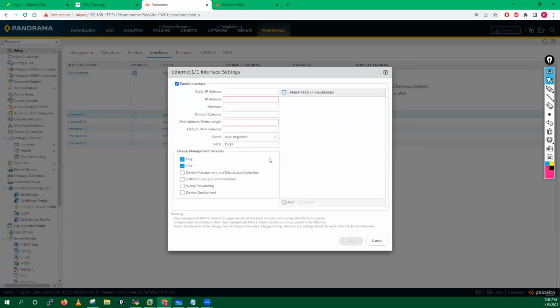Enable this interface. Now, if you look at this interface, I have this option, device management. So guys, if you just want to manage the devices, which means if you want to manage your Palo Alto firewalls, if you want to manage the configuration of these devices, if you want to configure the security policy, you want to configure the routing, right? If you want to control these things,